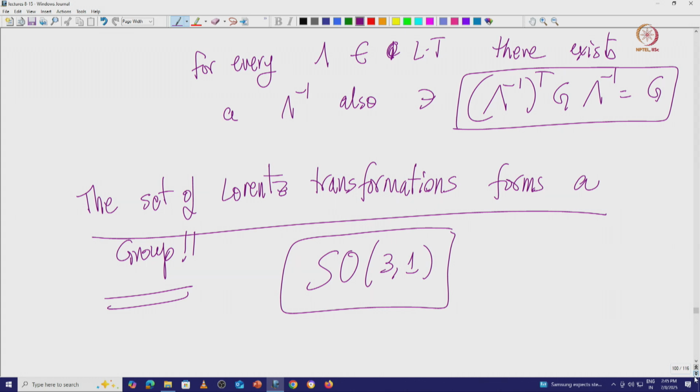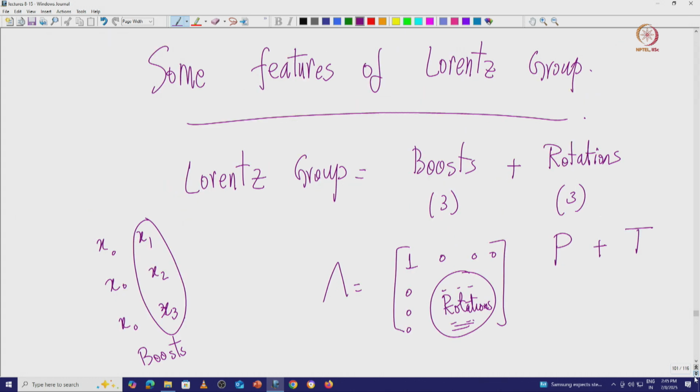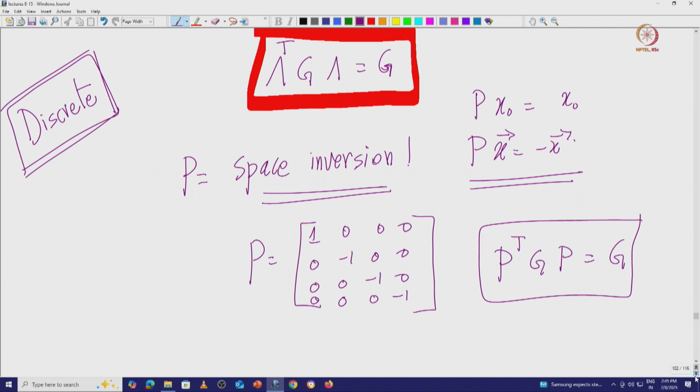This is what we have seen, and then we looked at some features of the Lorentz group: it contains two main parts, which are the boosts and the rotations. In addition to boosts and rotations, it also contains two discrete symmetries, which are parity and time reversal. Parity is the space inversion, x goes to minus x, and time reversal is